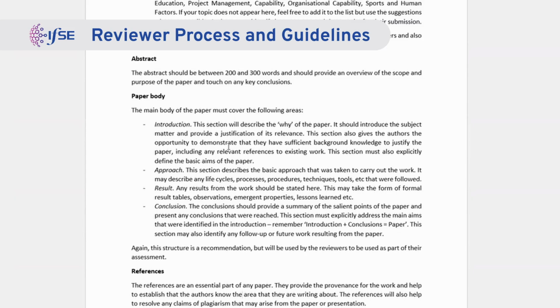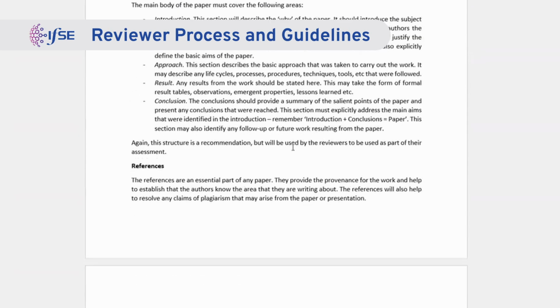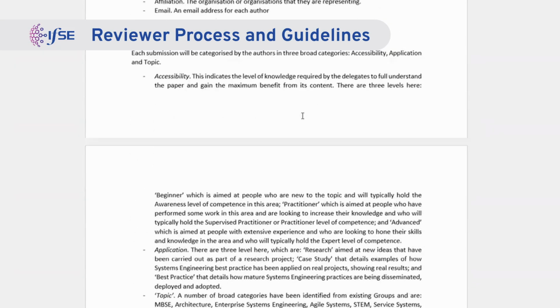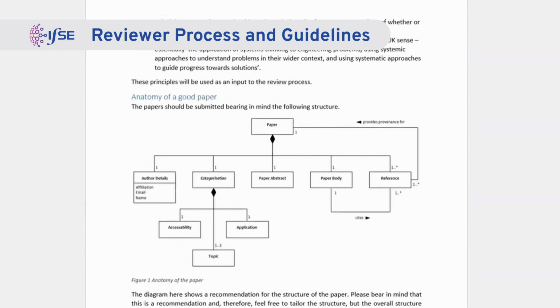Now, part of the onus is on the reviewers that if they do recognize the author, because sometimes that has happened, they will contact me and say, for example, I recognize this author, I don't think I should be reviewing this paper, which is great because in which case I can allocate another reviewer. In some situations, people have emailed me and said, I've figured out who this person is, but I still think I can give an impartial review. And again, I make a judgment call there on whether that should go ahead or not. So there is a certain level of anonymization, if that's even a word, that goes on at this point. So that's basically the guidance we have for writing the papers.